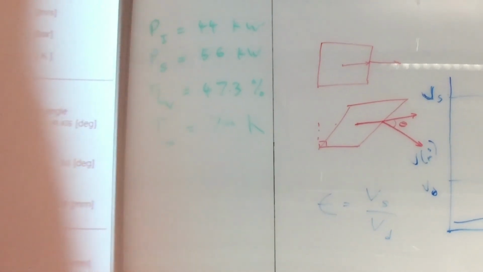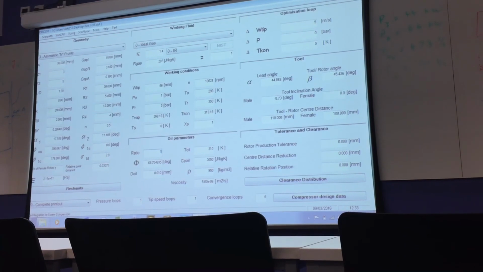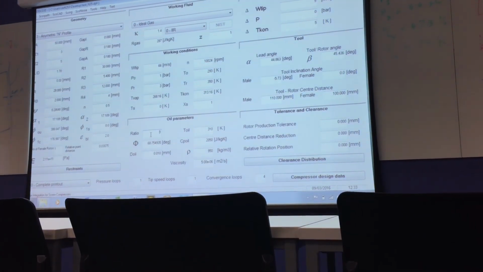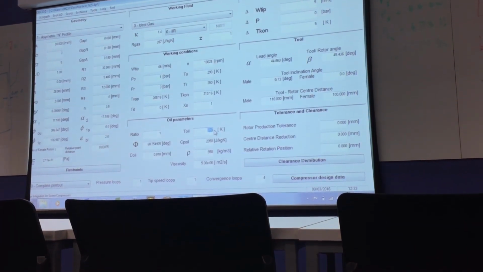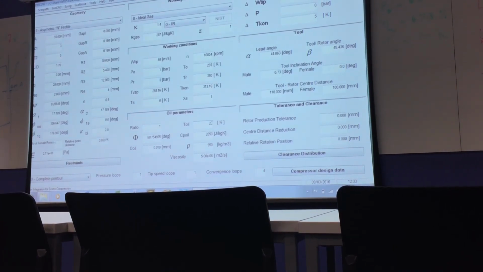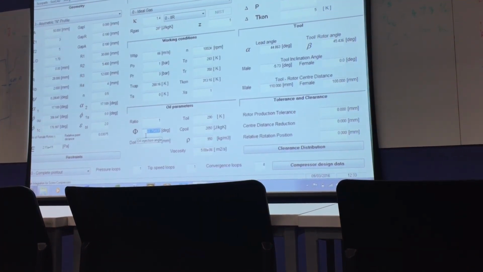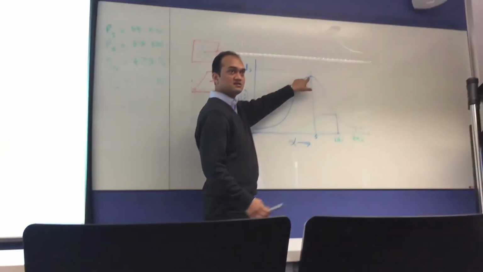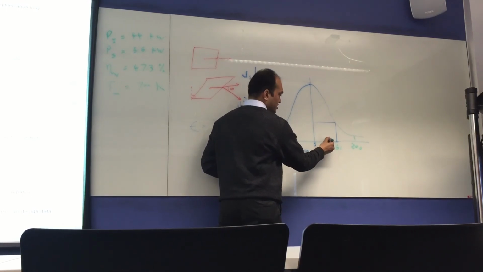Everything else same. I'm just injecting oil of the same mass as that of the gas. So oil ratio 1. This is ratio of mass of oil to mass of gas. Injection temperature, let's say it is room temperature, 290. And this is the angle at which you are injecting. Okay. At 0 degrees the compression has started and it is proceeding, and we are saying that at 68 degrees we are injecting oil.